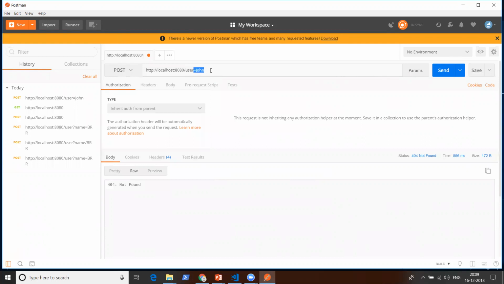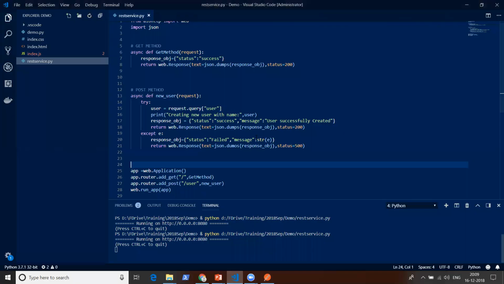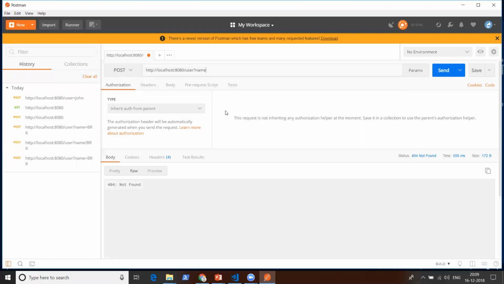Okay, so we have to pass a query string, that means the question mark and ampersand, we have to use it, right? So here I mentioned a name, right? User. This is the query string parameter I'm expecting. So here also the user method and user equal to John. This is the right syntax. So this is the method I'm going to call, and for this method I'm passing a query string parameter, the parameter name user, and passing the value John. Okay, if I run this,